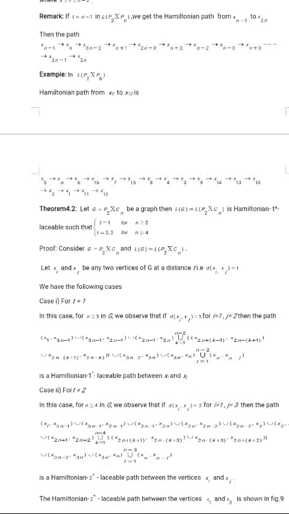Okay, so the next result is: G is equal to P2 cross Pn be a graph, then the line graph of G is equal to L of P2 cross Cn is a Hamiltonian T star laceable such that t is equal to 1 for n greater than or equal to 3 and t is equal to 2, 3 for n greater than or equal to 4. And here we can see that the diameter is up to 4 only. Means if you consider P2 cross Cn, you construct any graph, the maximum value of the diameter is 4. So that's why we have taken here n